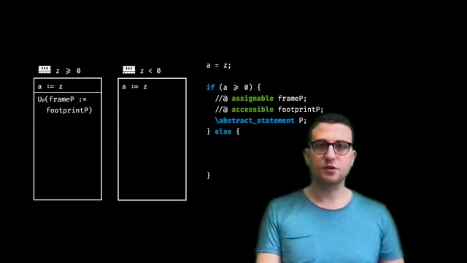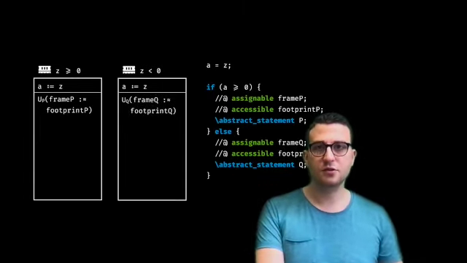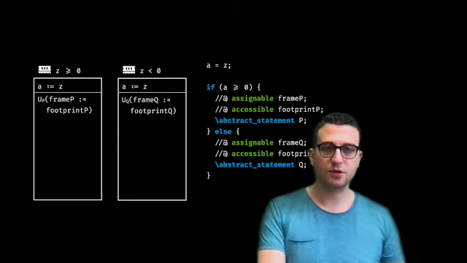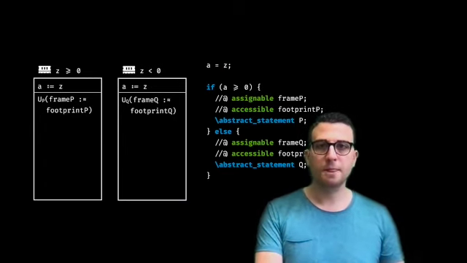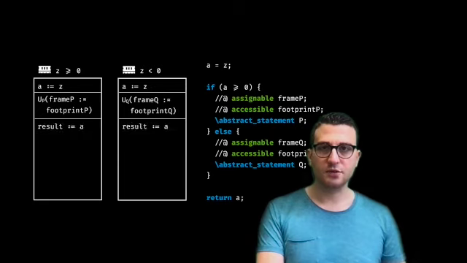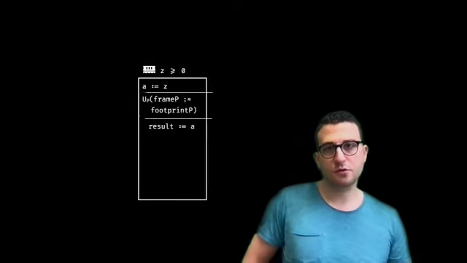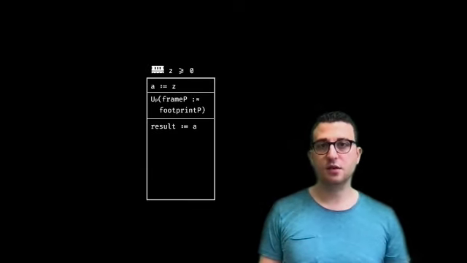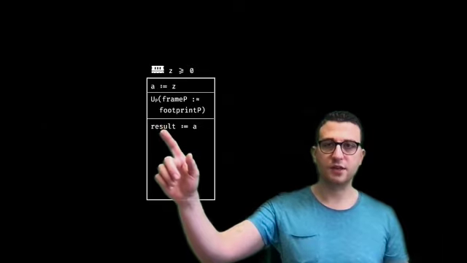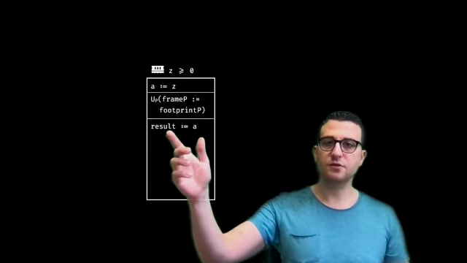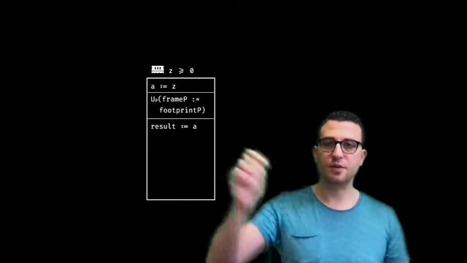And now we continue. So now we enter the else branch and write an abstract update corresponding to Q, UQ, to the other store, and finally execute our return statement. So now we have stores like this, and we probably want to know what the value of result is, right? And this depends on the behavior of this abstract update.